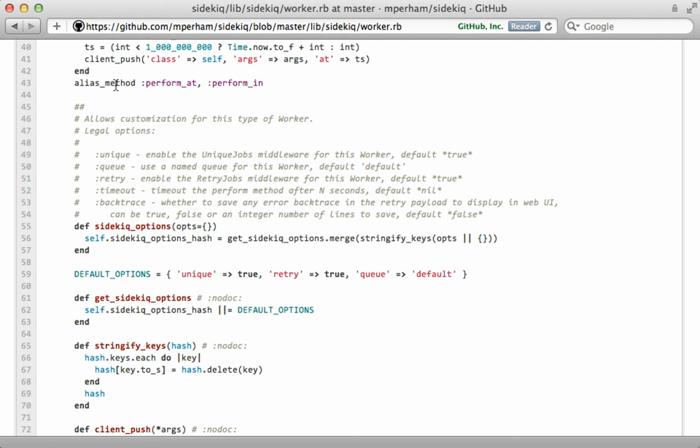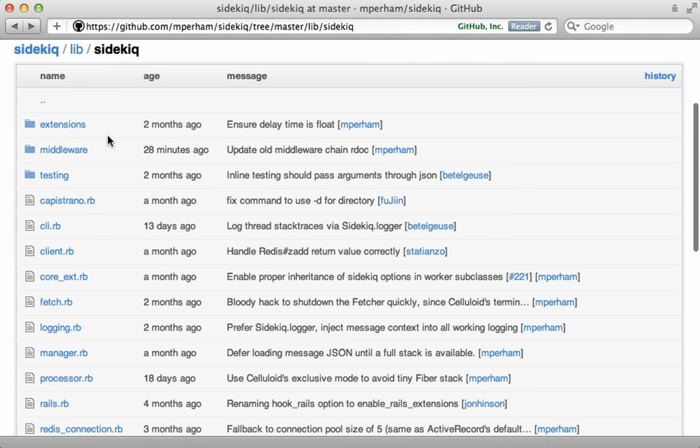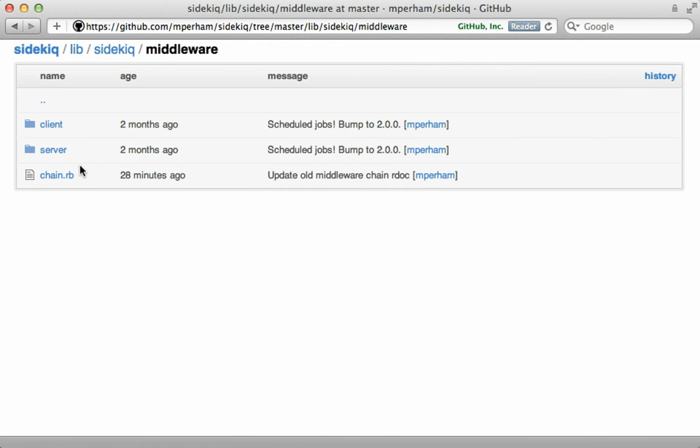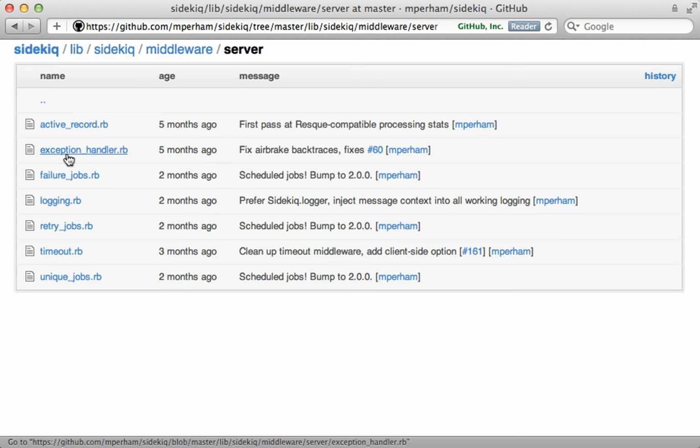Now something else I want to show you is middleware. This is not to be confused with Rack middleware. This is basically just some behavior that happens around the processing of a job. Now there's client-side middleware, which happens before it's actually inserted into Redis, and then server-side, which happens before the job is actually processed. So this is what handles the retrying of jobs, logging them,